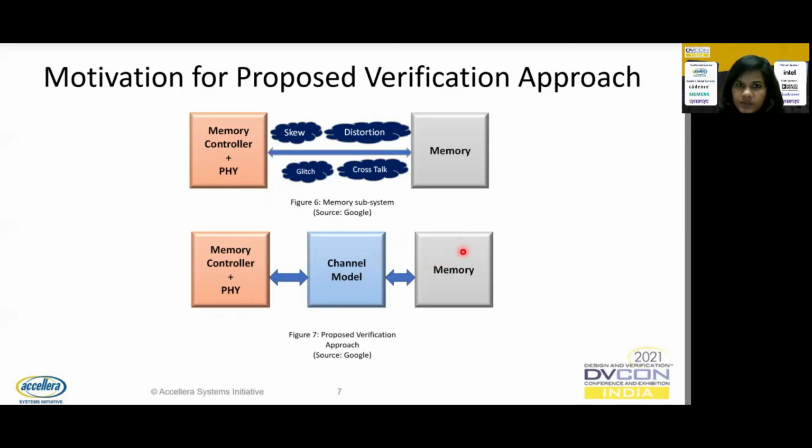The same thing happens in the reverse. When memory has to send something to the memory controller, it passes through the channel model where the desired effect is applied and then only passed on to the memory controller. Having a channel model enabled us to find bugs arising during this communication, the bidirectional communication between the memory controller and the memory through our PHY. We will now proceed further and learn more about the design of the channel model and how it was used